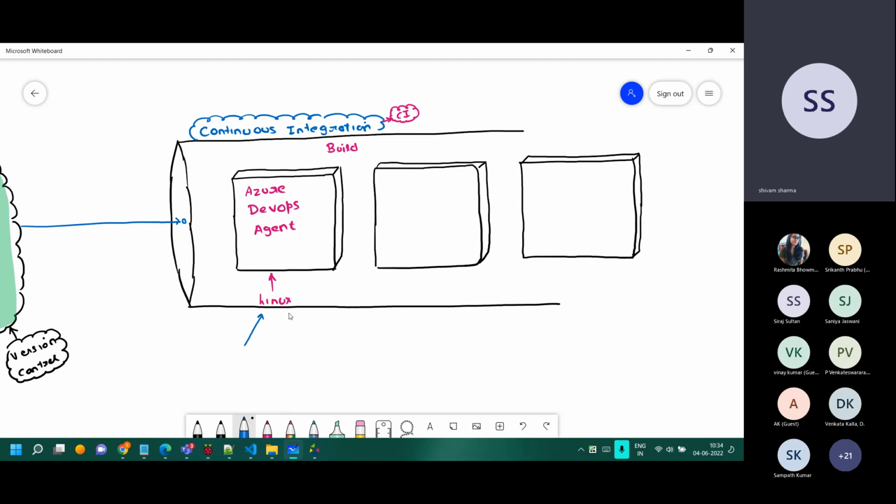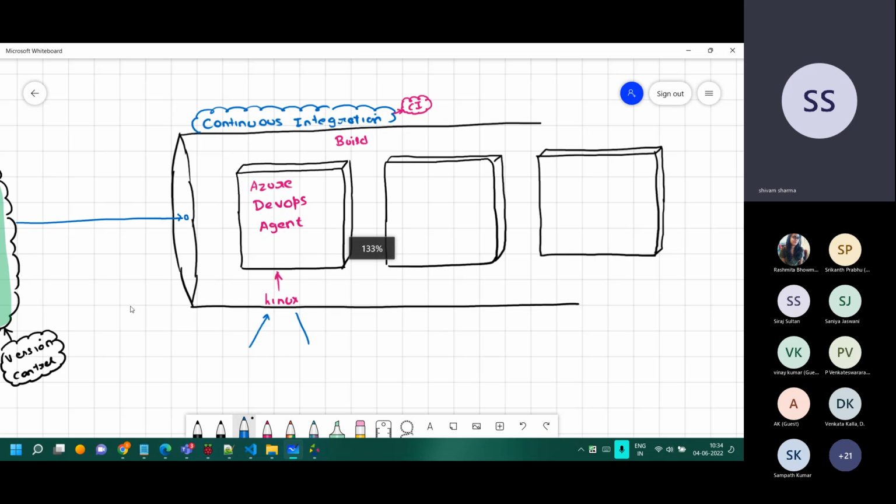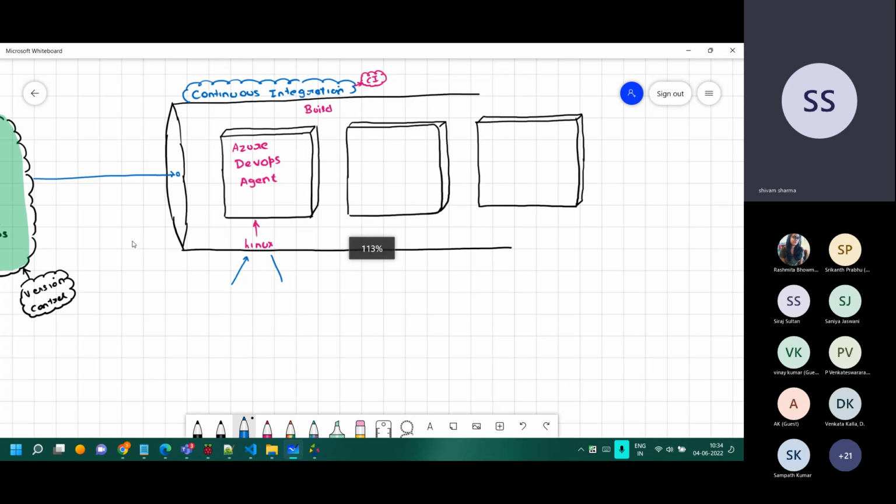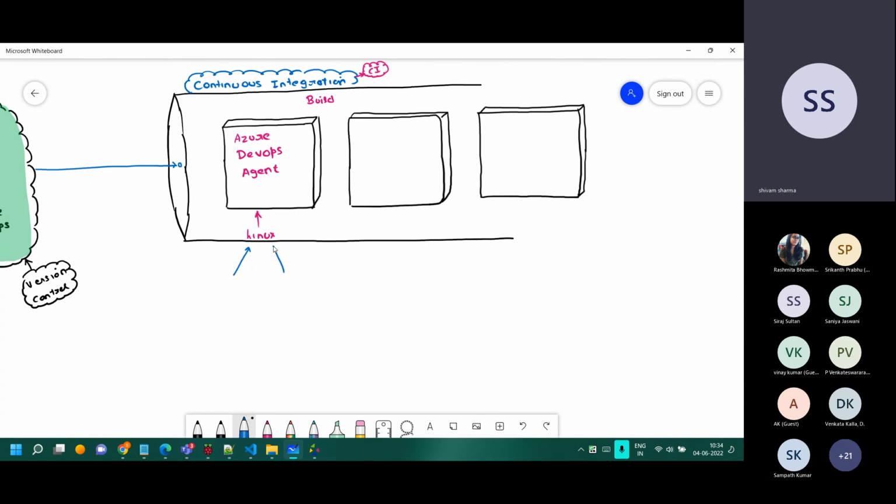So today's session is we are getting started from scratch itself, right? There is no prerequisite as such. So hopefully it will make sense to everyone. So there are two types of agents. The agents which are Microsoft hosted, and the other ones which are called self-hosted. The Microsoft hosted machines are basically virtual machines which are created by them, and on those machines, the steps which we will create will execute.